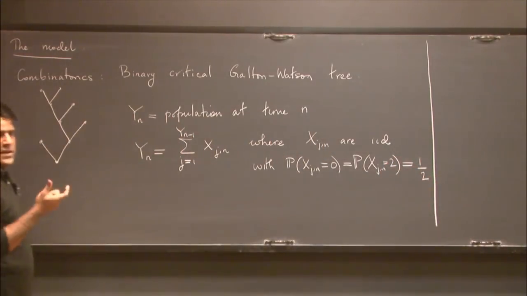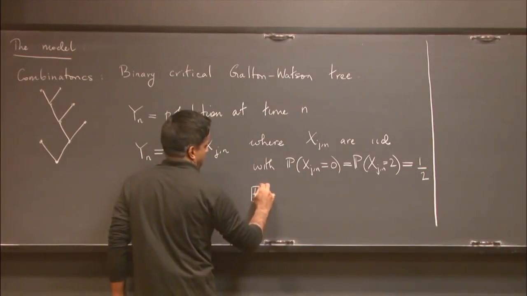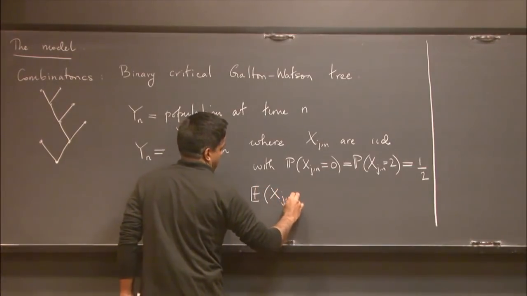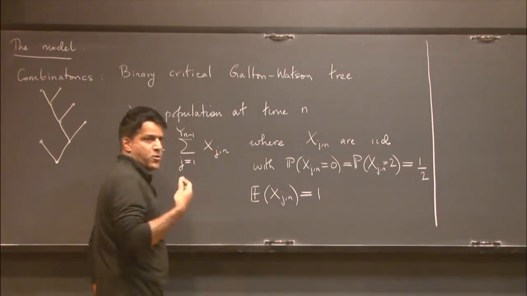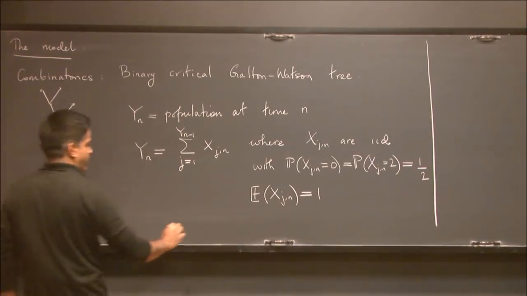So you have even probability of either having 0 children or 2. It's called critical because somehow, on average, there's only 1 child, and it's known that if you have a situation of this nature, then in fact,